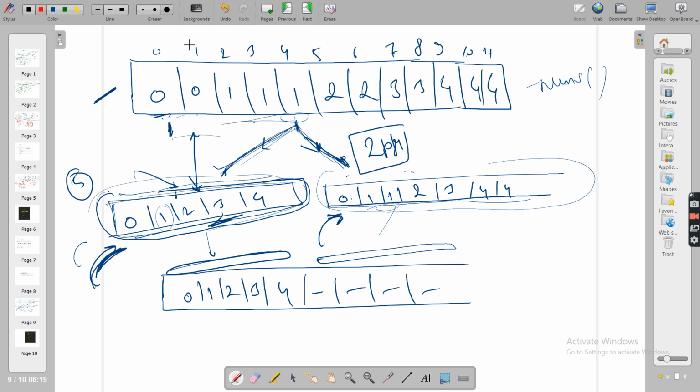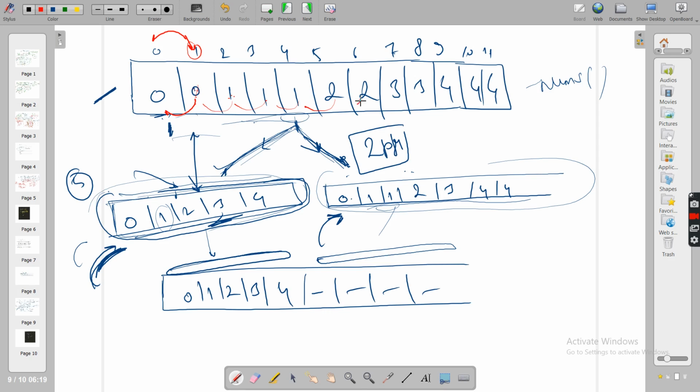This is our problem. If at a certain index you see its previous element, because this is a privilege we are getting, that the array is sorted and all the duplicate elements are clubbed together. So at any index I, see I minus 1. See 0, this and the previous are both 0, so this is not unique, this is not unique. 1, go to previous, this one you can consider unique, this one is not unique, this is not unique.